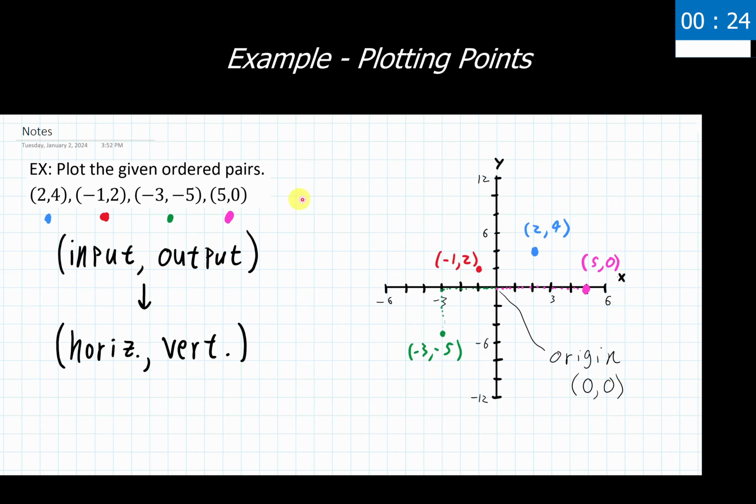So make sure as you are going through and graphing points, whether it be in this section or future sections when we are actually graphing equations, that we think of our input value and output value as the first thing and the second thing. And then the input value always corresponds with our horizontal shift. The output value corresponds with our vertical shift as we are graphing these points.